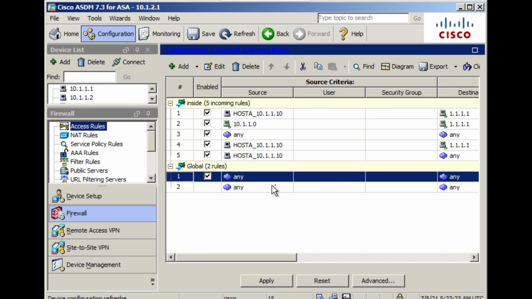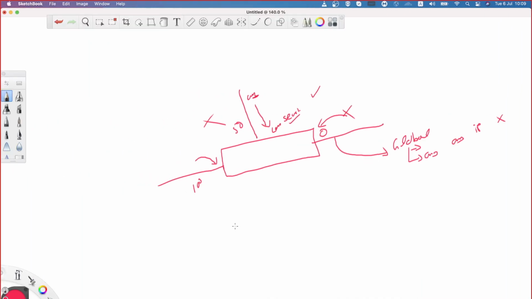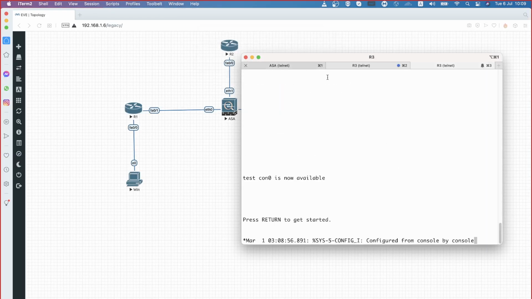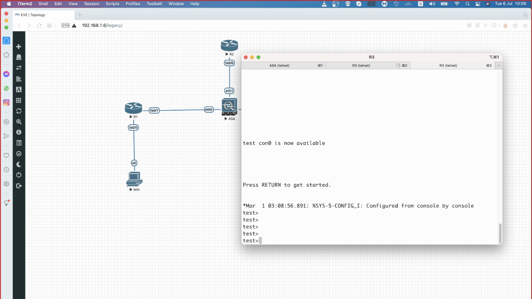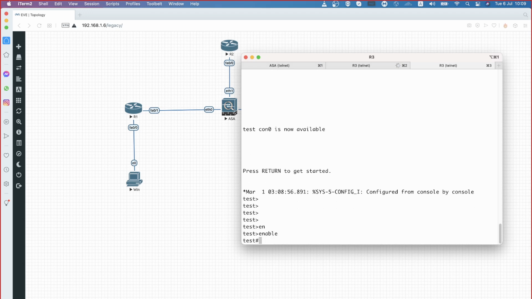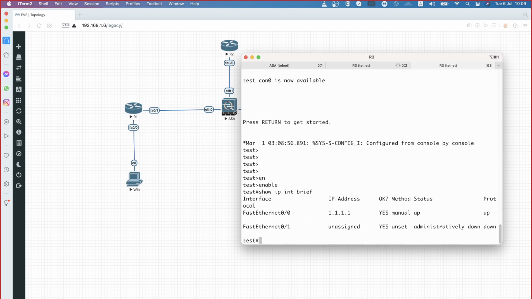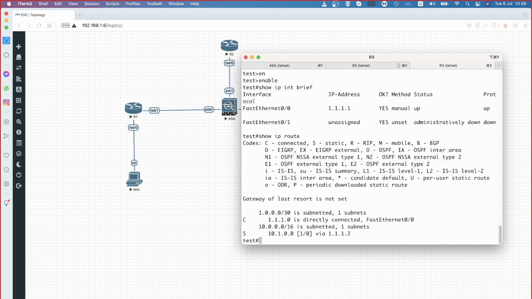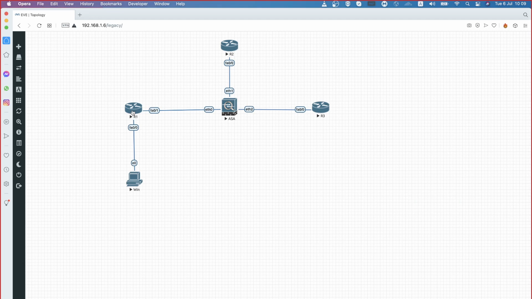So let me see, I have done these changes. Do you think that you will be having any effect on it? Okay, let's go to my external router. Now, after I gain access, I'm just checking show IP interface brief. Okay, show IP route. I'm checking the routing table as well. I have a route for 10.1.0.0. Because of that, I should be having access to router 1.